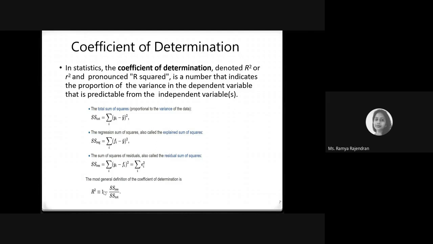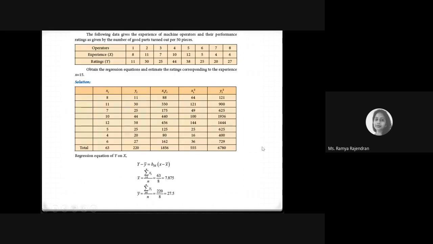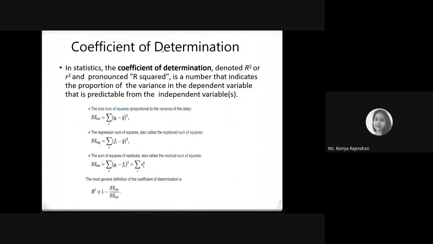Actually, we can even try to use the previous example with this formula. We were trying to predict the value for x equal to 15. If we already had the actual value for that variable y, we could have computed this. Otherwise, you can take any variable from here, compute the predicted value, work on your residuals, and then compute R squared.